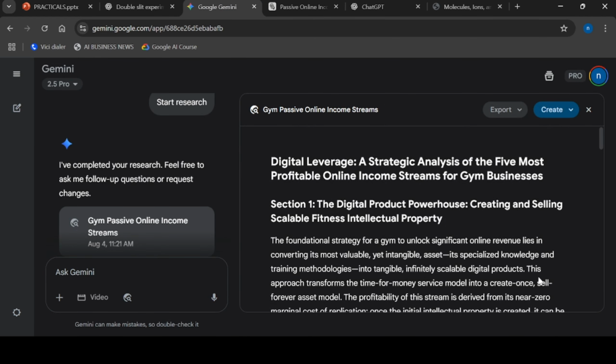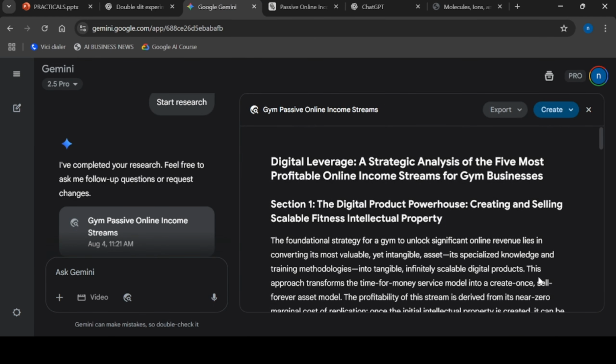The foundational strategy for a gym to unlock significant online revenue lies in converting its most valuable yet intangible assets, its specialized knowledge and training methodologies, into tangible, infinitely scalable digital products. Now, what are digital products? They are courses, they are ebooks, PDFs you can sell. Now, that's the first one. Then the second thing